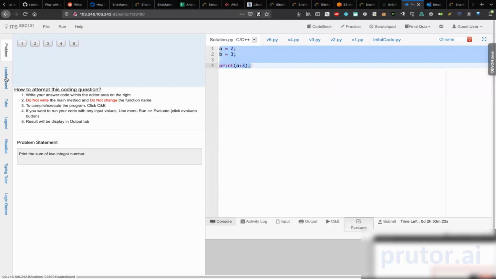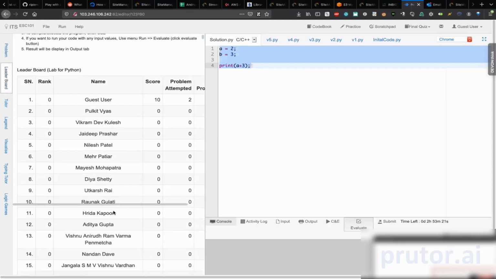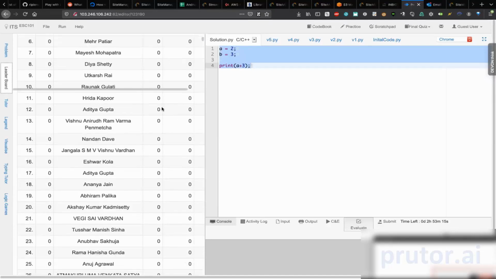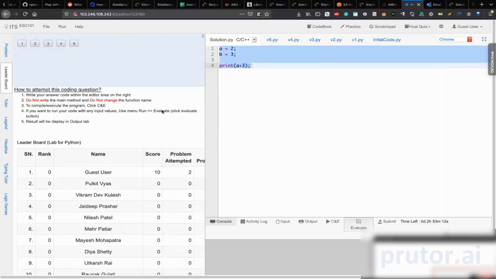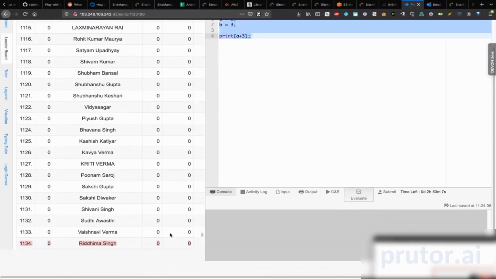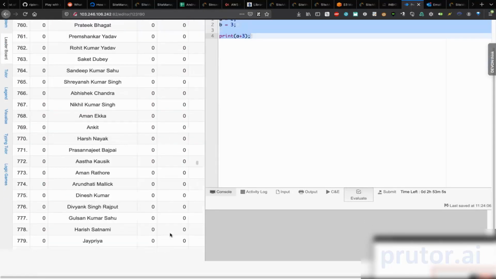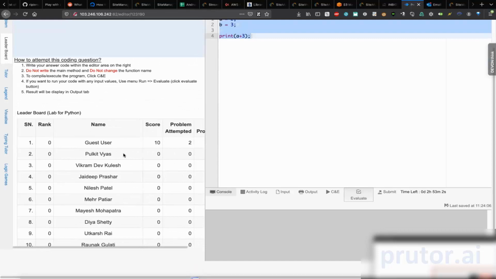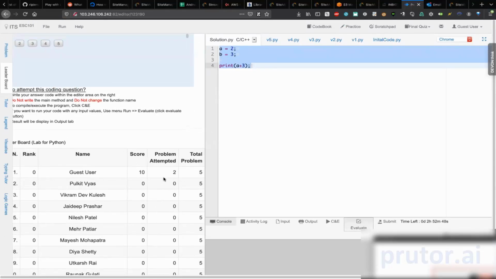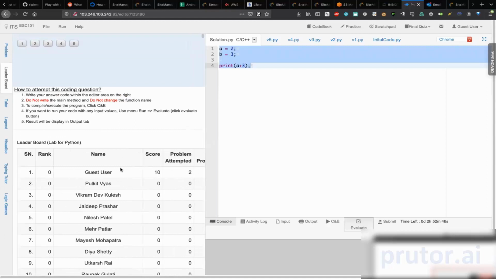Then, sir, we also have the concept of a leaderboard. The leaderboard will show which particular user has solved how many problems in this ongoing class. So if you're running a class online, for example, with 100 odd students, this particular lab is for 1,000 students right now. When you saw me assign that problem, it was actually assigned to 1,000 odd students, and you notice the performance. Pruter runs at scale. We run this for even 30,000 students simultaneously. That is the beauty of it. Here I can see the ranking of all my 1,000 students, how many problems have been solved, and how many total problems were given, in real time.